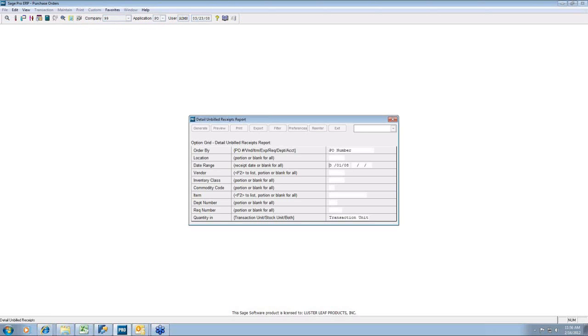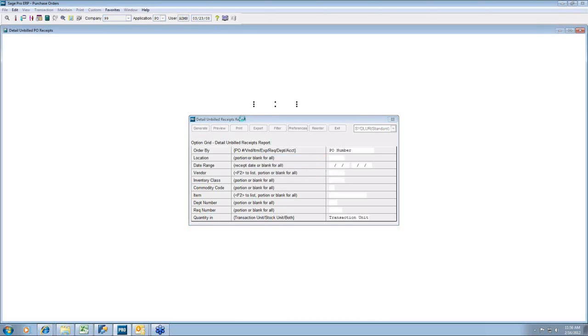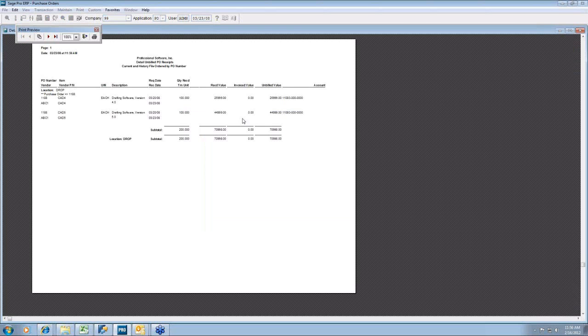And I always take off the beginning date range. I don't know why you put that in. It's a danger of having some old POs that you haven't received yet not show up on your report. So you need to run this report. I would remove that beginning entry date, generate this report, and now we have to look and see if all